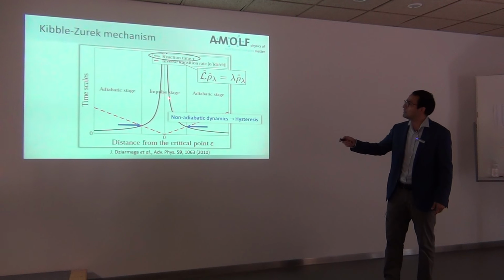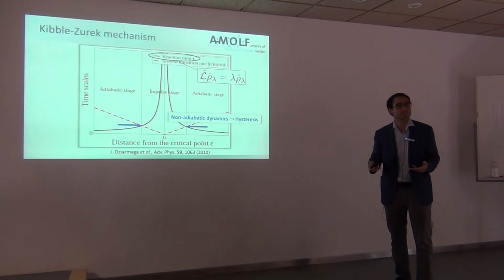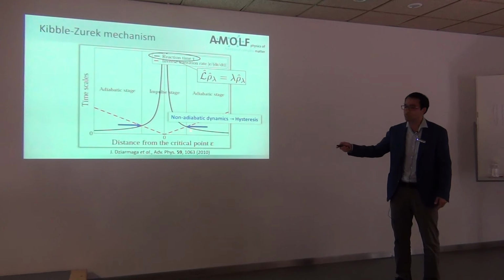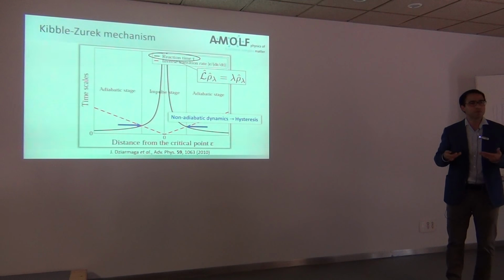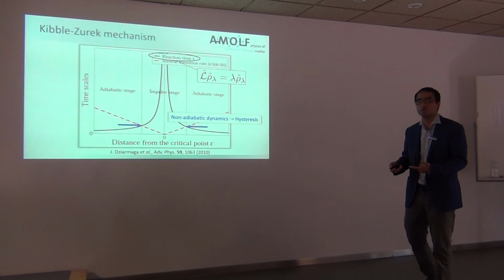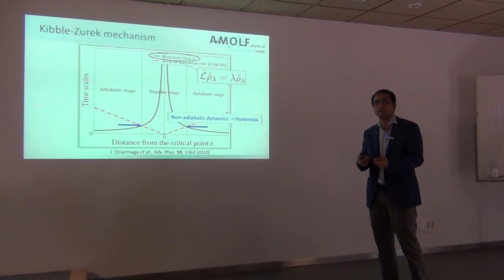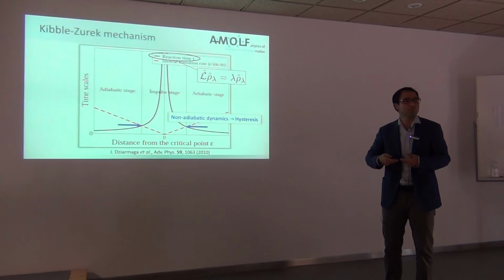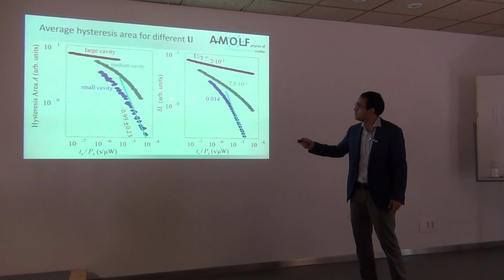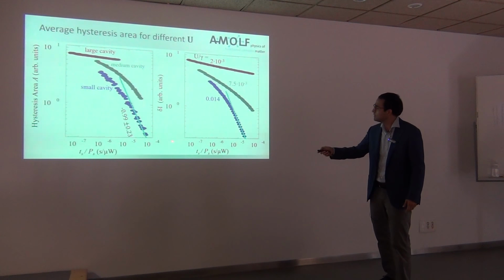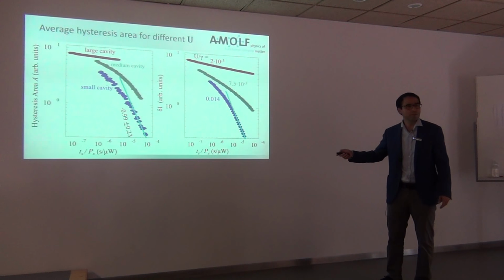the transition from adiabatic to non-adiabatic dynamics corresponds to the emergence of hysteresis. So we basically quantify this width. So essentially what I'm telling you is that hysteresis is an emergent phenomenon that emerges when you pull a system in a timescale that is shorter compared to the time in which the system can react. So in this way we calculated this non-adiabatic range as a function of this kind of inverse velocity.